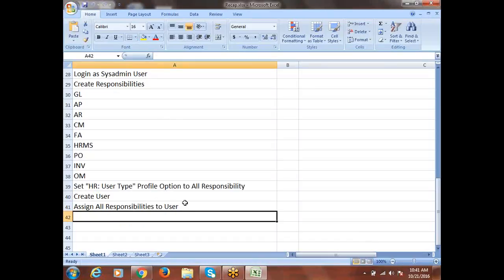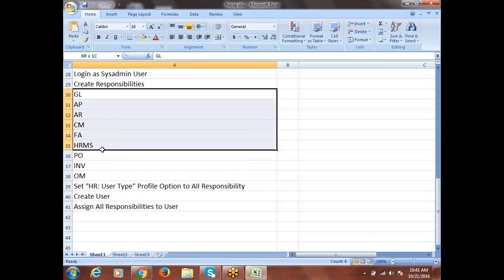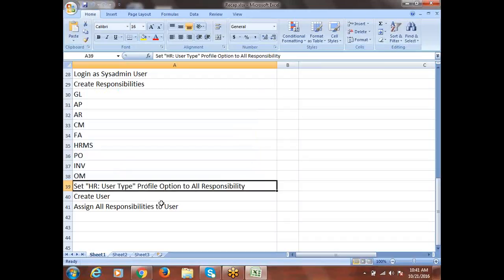Okay. So in yesterday's session, we discussed what is responsibility, what is the meaning of menu, request group, and data group, how those are related, and why those menu and data group are mandatory. And what is the reason to keep request group as optional. We discussed and verified all the information, and after that, we created responsibilities for all these applications, and we set one profile option called HR user type profile option to all the responsibilities, so that there we selected profile value as